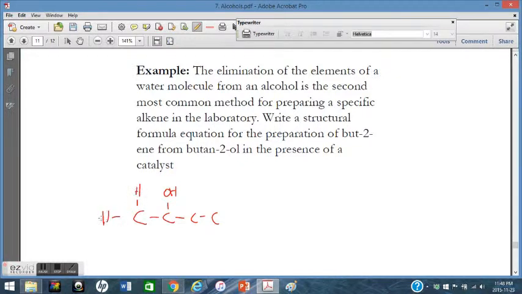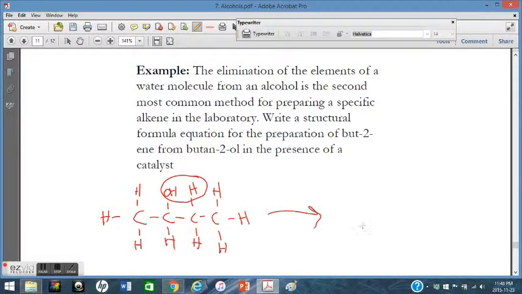In the case of this one, this is only a 4-carbon chain. Again, we're showing the preparation of but-2-ene, and so these are going to join together to make water,